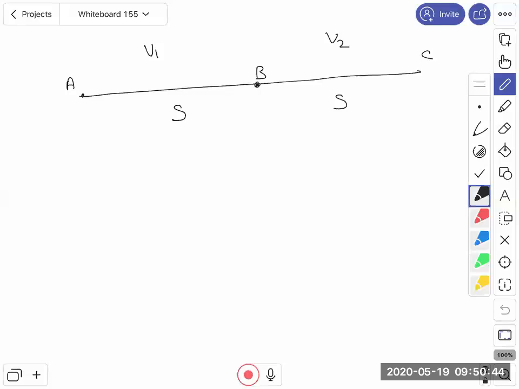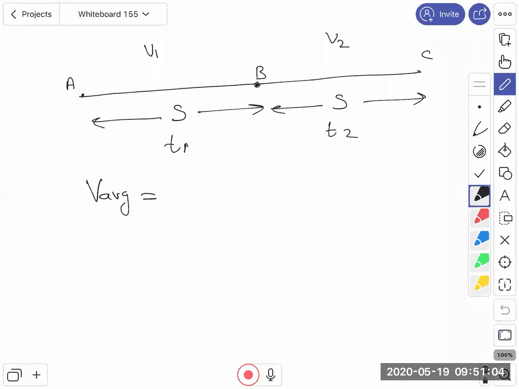And they are not mentioned what about the value of displacement. We know only the value of velocity. And even we don't know the value of time. So we just take it as time is equal to t1 and time is equal to t2. But we know that the displacement in the first case and the second case is the same. Now our aim is to find out the value of average velocity.